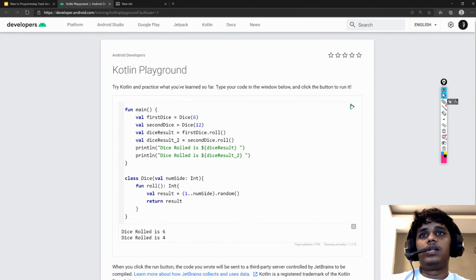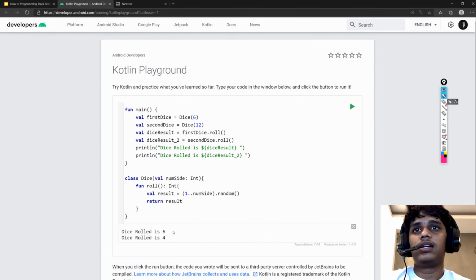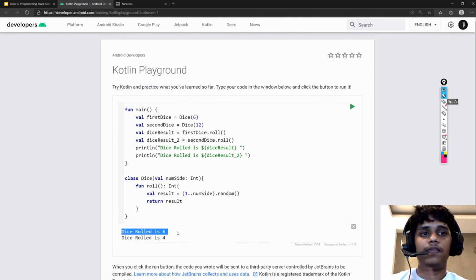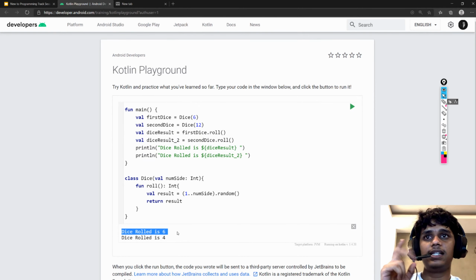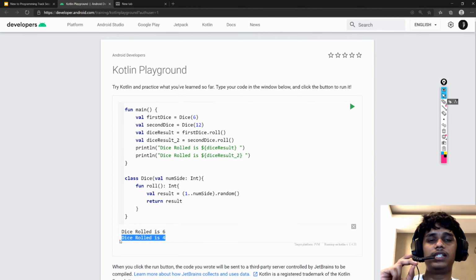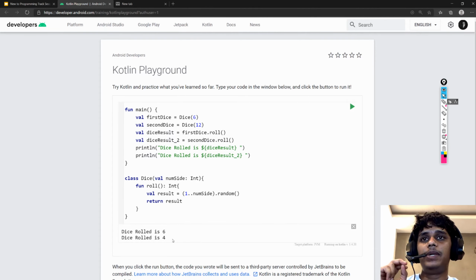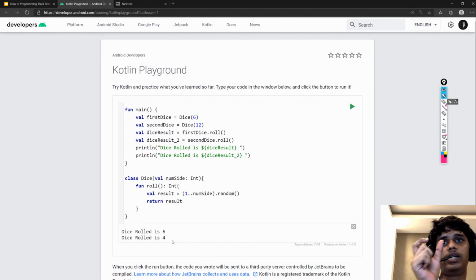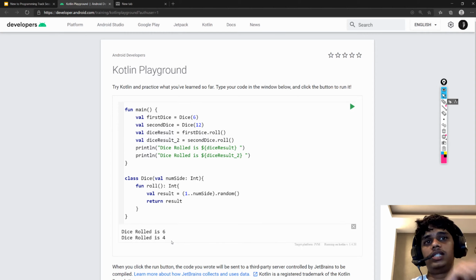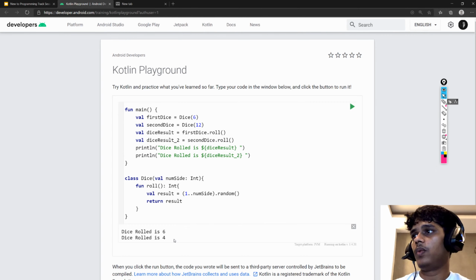Oh yeah. So the first dice rolled is my first dice, which is of the side 6. The second dice is of the side 12. So let me display an output such a way that the dice rolled is 6 of side 6. Then the other thing is dice rolled is 4 of side, let us say 12. So how can we do this is,